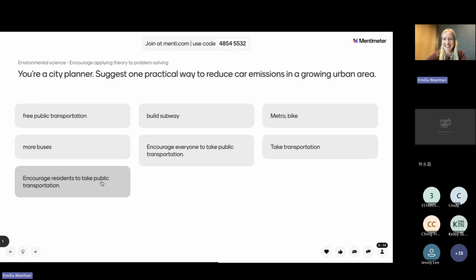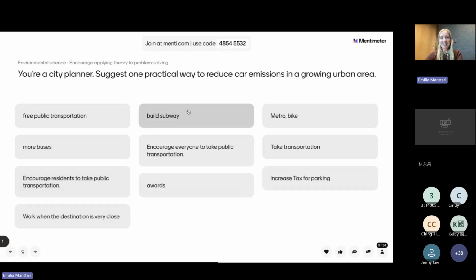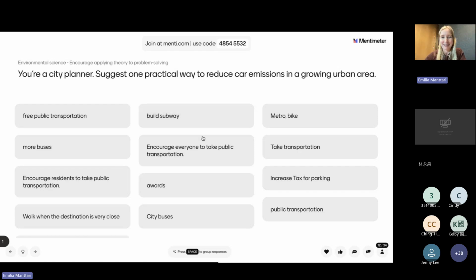Yeah, public transportation. Great. And then, regardless of which subject you're teaching, you will definitely have these situations where you have a theory that you're covering, and asking a question like this that allows your students to share how they would use what they've learned is a great way to take their knowledge and critical thinking to the next level. I see that we have, again, people in the waiting room, so I'm just going to let them in.